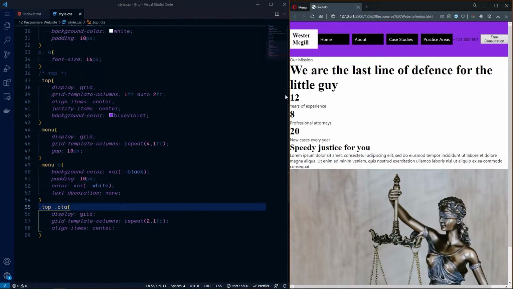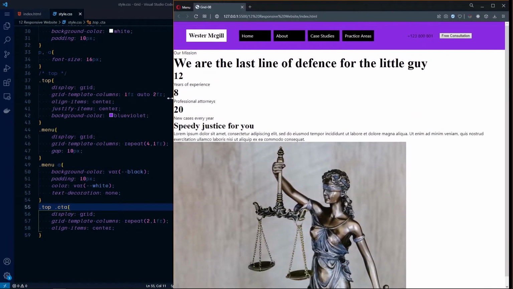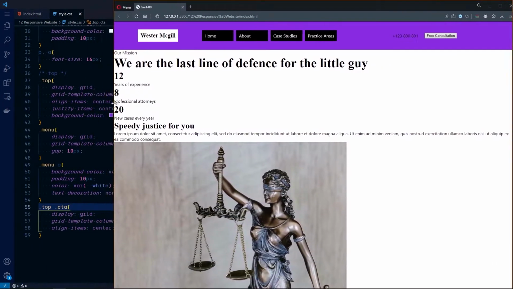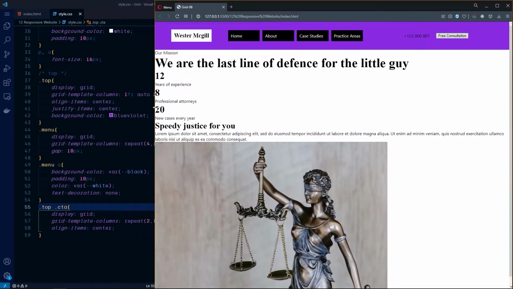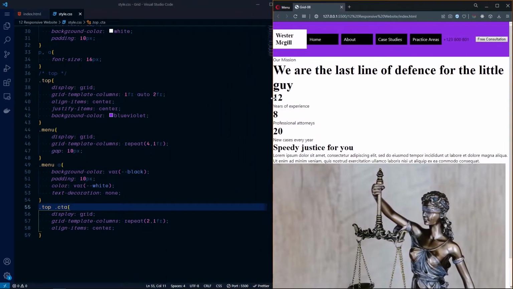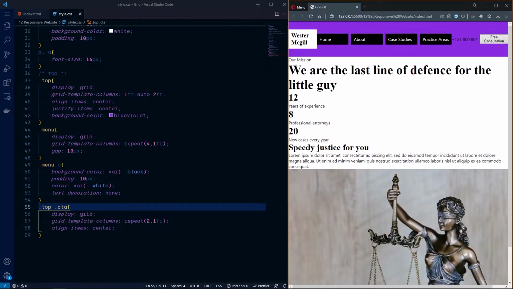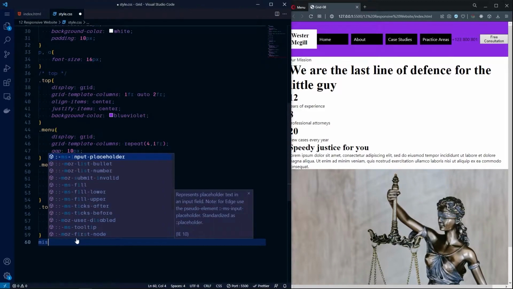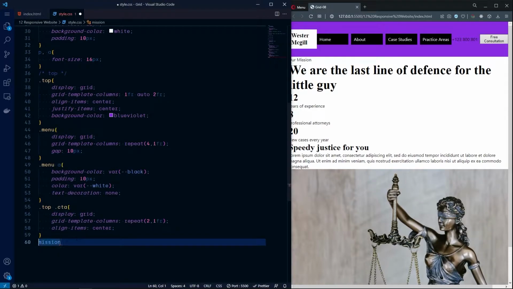We will apply some media queries later, but if you can see the desktop version here, it's in very good shape. Now let's do some work on our mission. So here I will define my .mission,